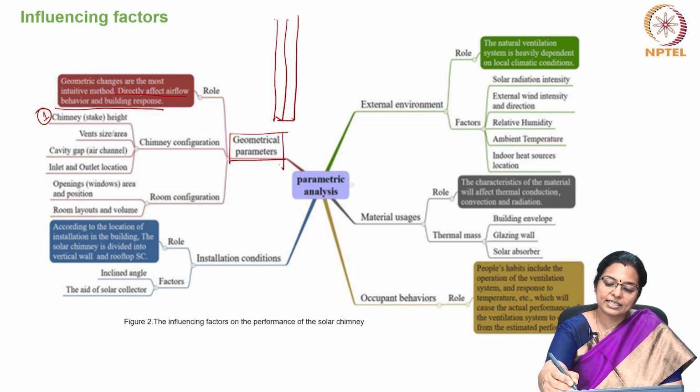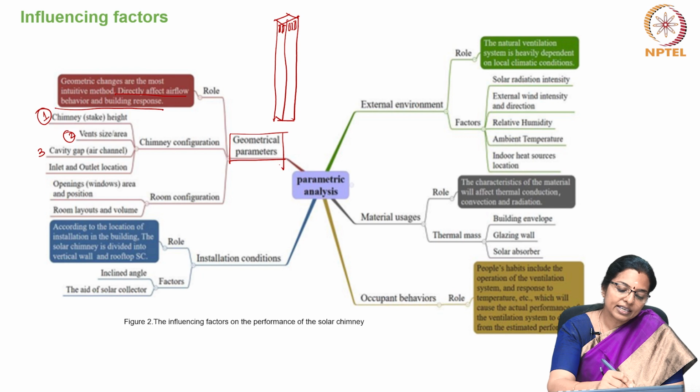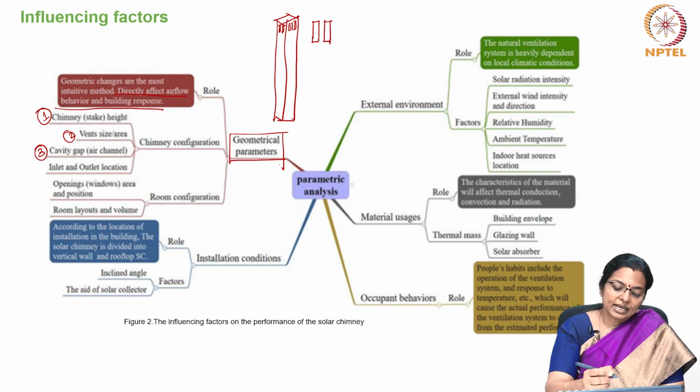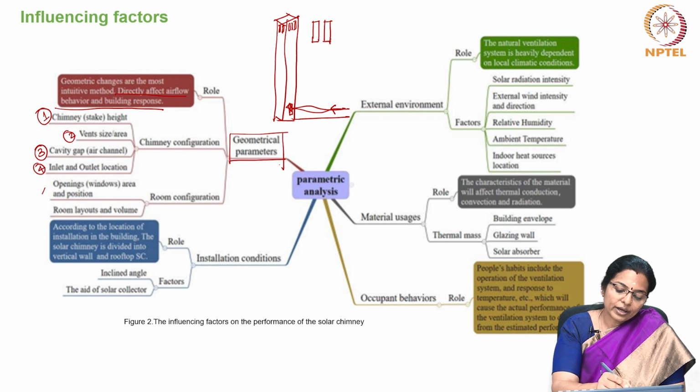When we look at the stack, chimney height. Second is the size of the vent on top. Third is the cavity or air gap on top. The inlet and outlet location. So, at what height does the air enter inside? The opening or window area position,